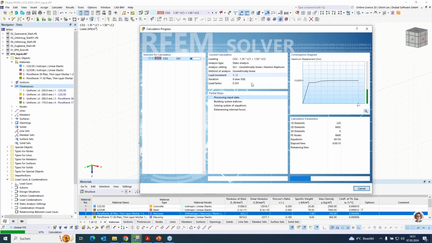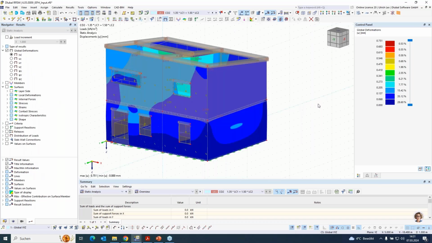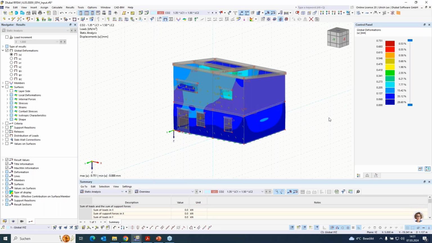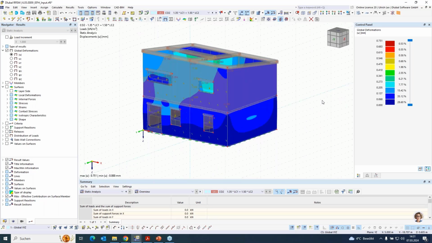Here you can now see the calculation process where the system is computed with the first load increment, now the second, now the third, and then it should be finished. Exactly. Okay, now I want to switch to my detailed systems,